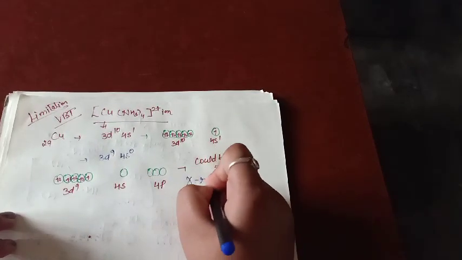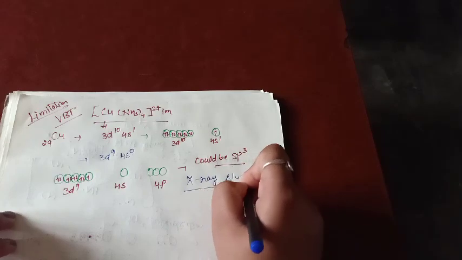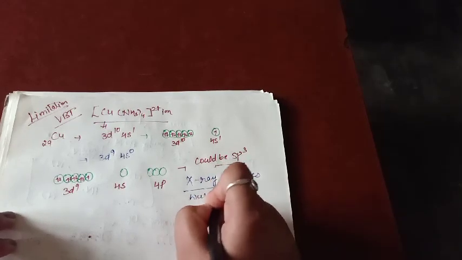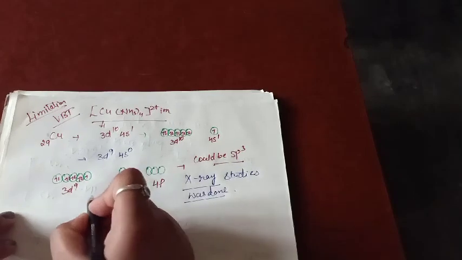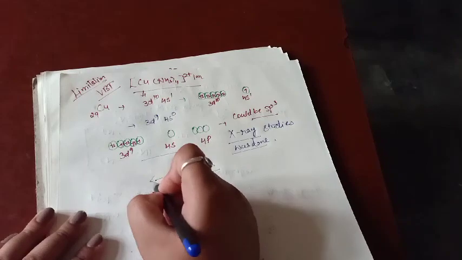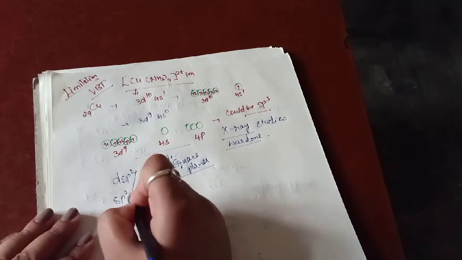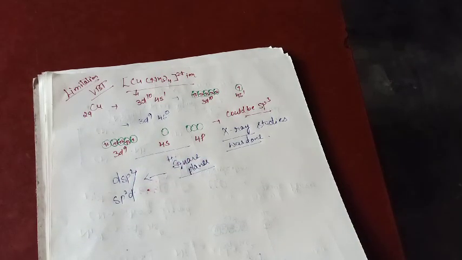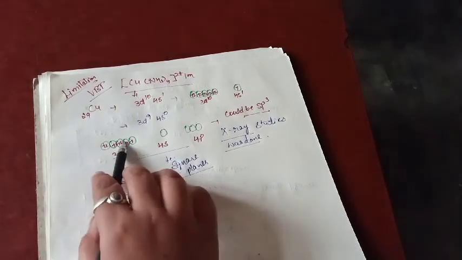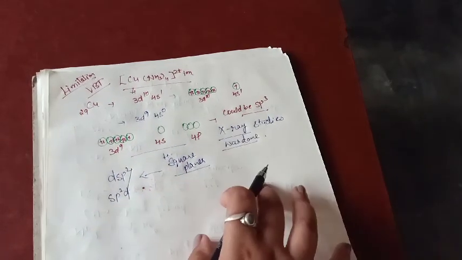The hybridization could be sp3, but what was revealed when X-ray studies were done regarding this structure? The actual structure of the complex is square planar. If the structure is square planar, definitely the hybridization could be either dsp2 or sp2d. But how is it possible, as no inner d orbital is vacant? Two possibilities could be there.